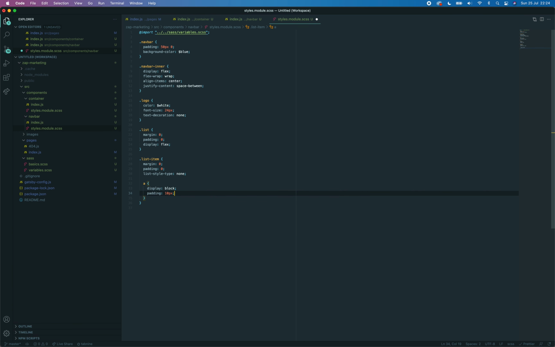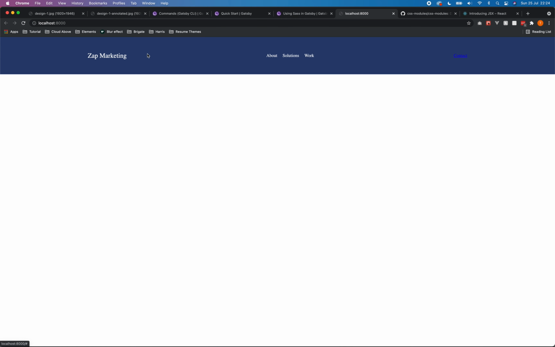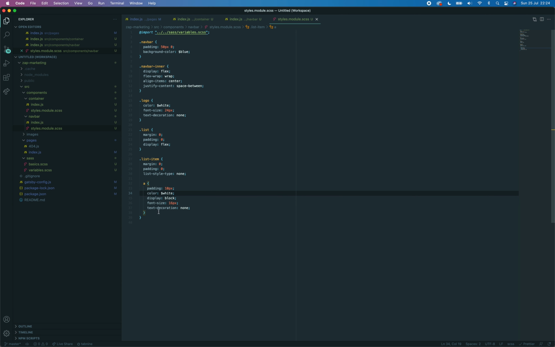So we're just going to say display block, which means there we can add padding and things like that. Then we're going to add a padding of 10 pixels, and then we're going to just copy these three styles because they're going to be very similar, but we're just going to change this font size to 16. So refresh that and we can see we've got some links. Perfect. And then the last one, we're just going to copy all of this again, and we're going to say .cta